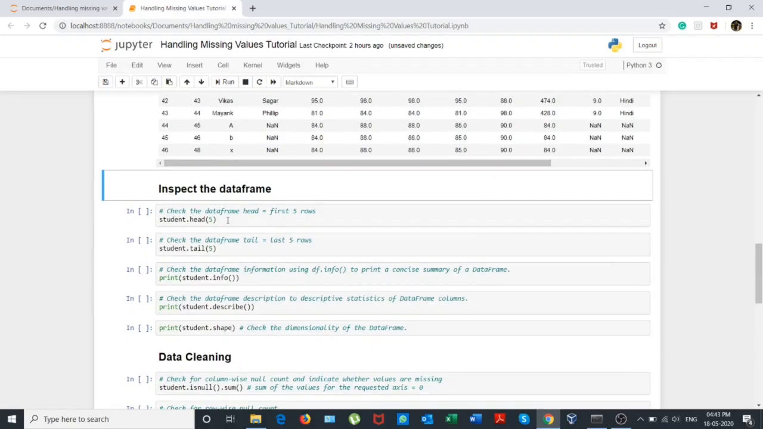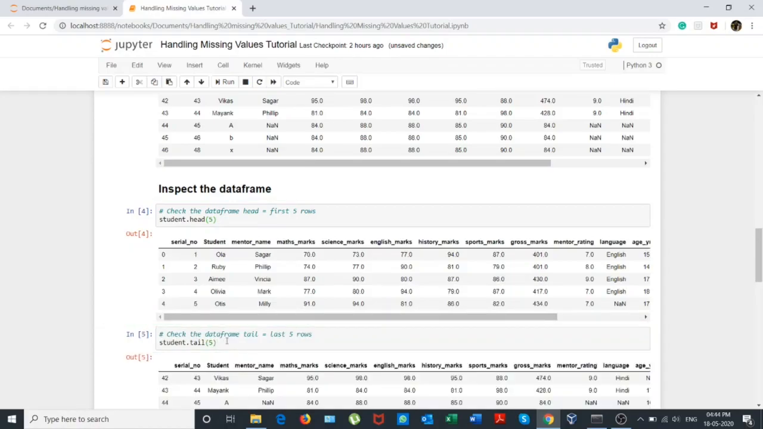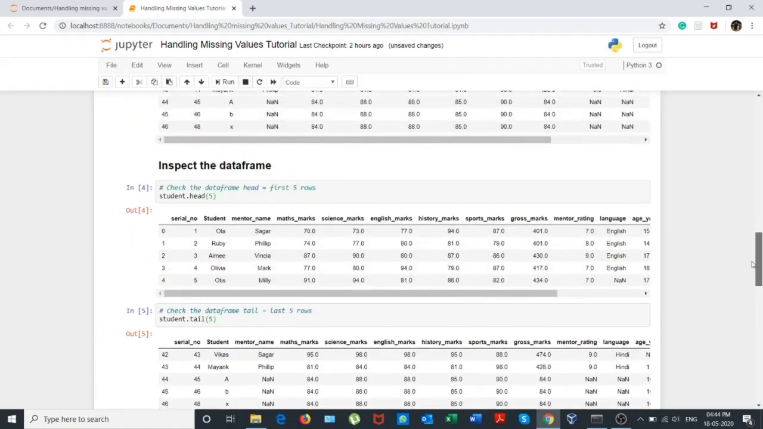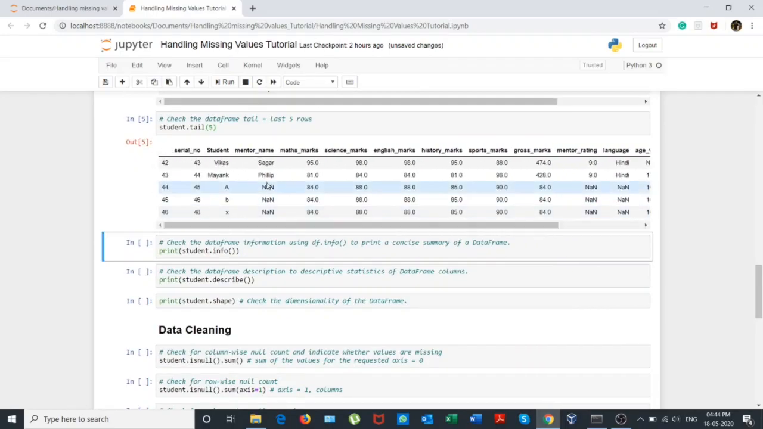To inspect the data frame, we will use a functionality of pandas which is data frame.head, which helps us to view the first 5 rows of our data frame. So these are the first 5 rows of our data frame. Similarly, we will use student.tail to view the last 5 rows of our data frame. By this we can get an understanding that there are quite a few